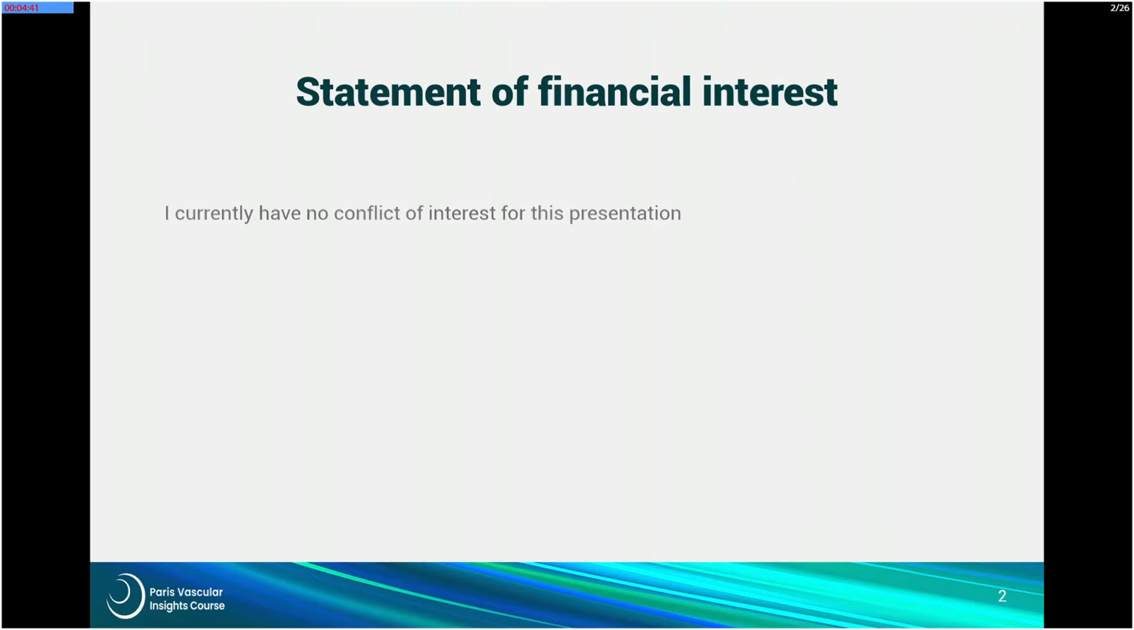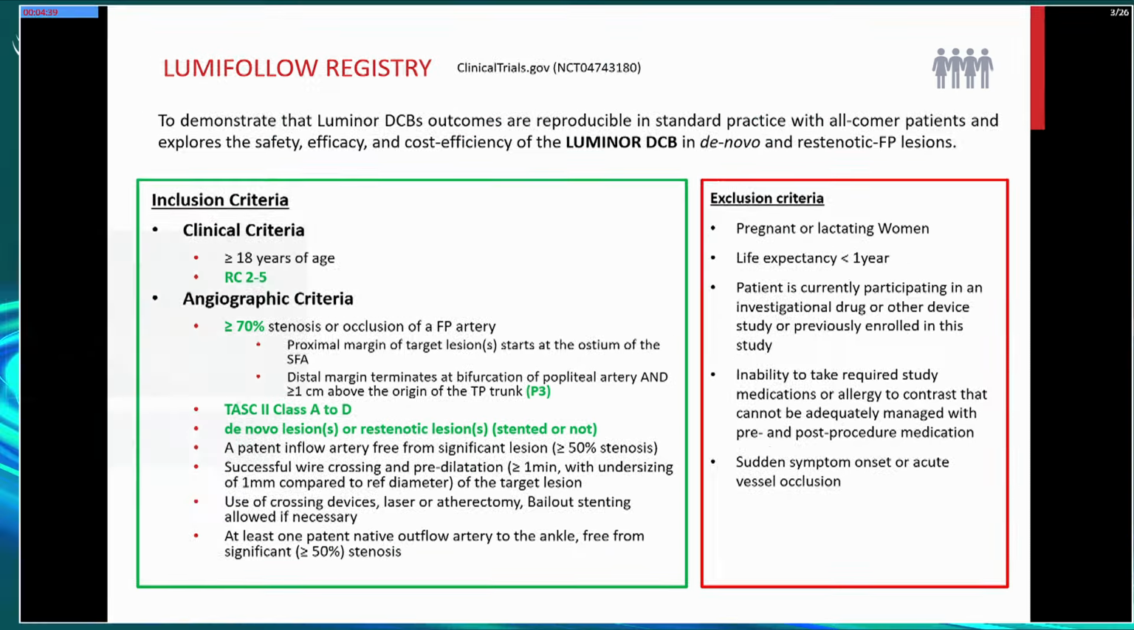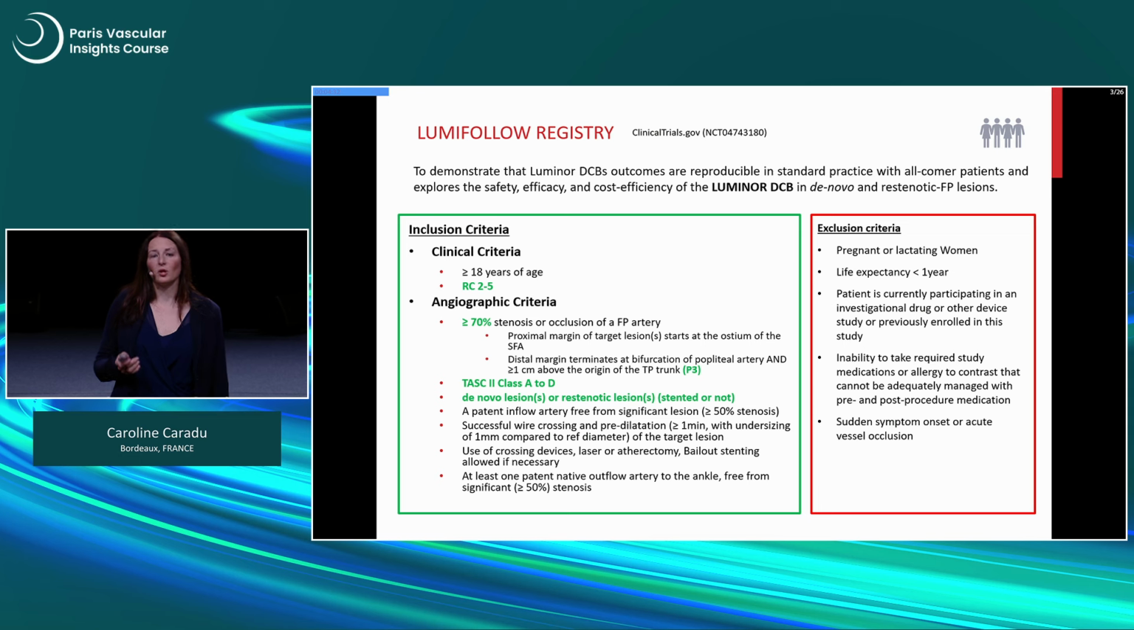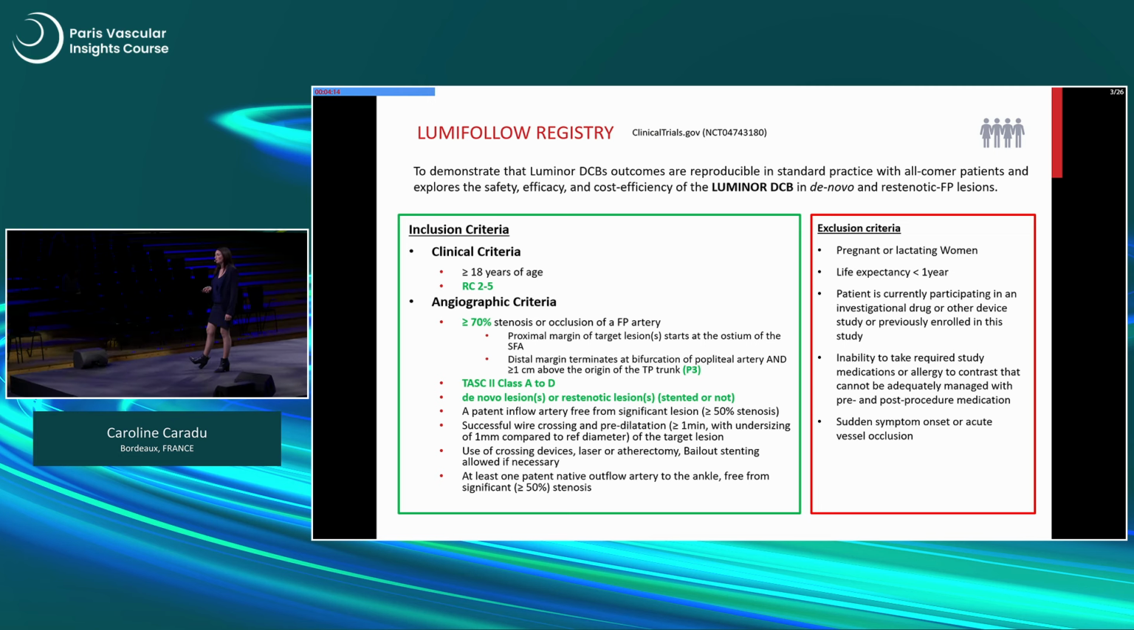Thank you for the kind introduction. So the LUMIFOLLOW Registry was about the Luminor DCB implanted in the femoral popliteal lesions. It was a real-world registry, so what's interesting is that we had quite extensive inclusion criteria. We had Rutherford category 2 to 5 patients. We went down to the P3 segment of the popliteal artery, which is quite unusual for DCBs in the randomized control trials. We had TASC 2A to D lesions, and we also had de novo and restenotic lesions, whether they